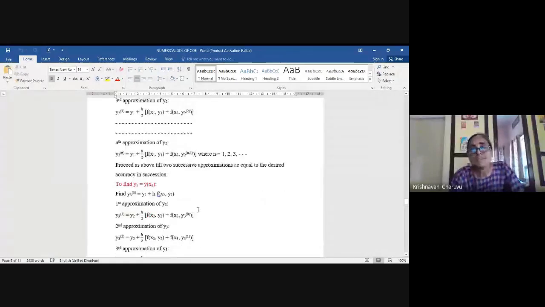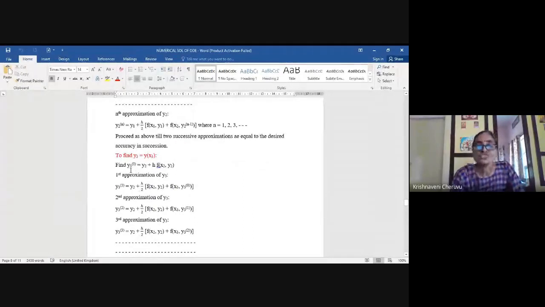Okay, like this, you now start to find y3. To find y3, what you have to do, girls? You start with y3 bracket 0. You replace y1 by y2, x1 by x2. So remember, this is the starting one. Basing on this, you're going to find the respective approximations. The first approximate value for y3 is bracket 1 y3. The second approximation for y3 means bracket 2 y3. The third approximation for y3 means bracket 3 y3. The only difference is that here you start with this one. If it is y1, it will be in zeros. If it is y2, it will be in ones. If it is y3, it will be in twos.